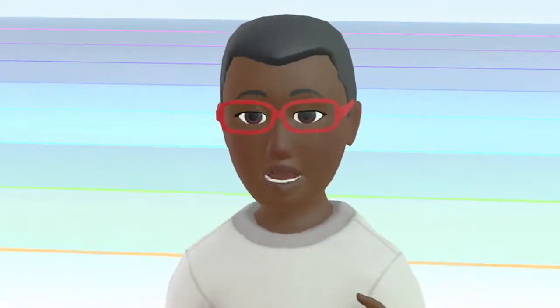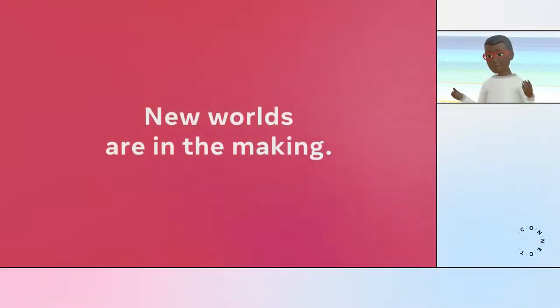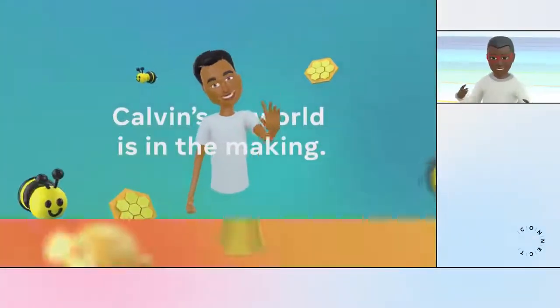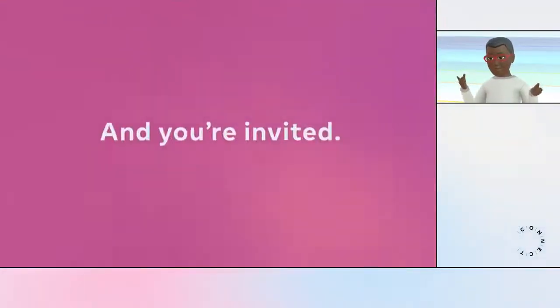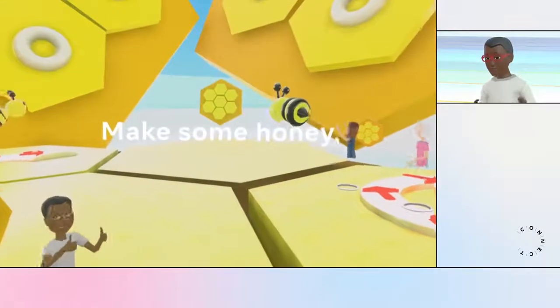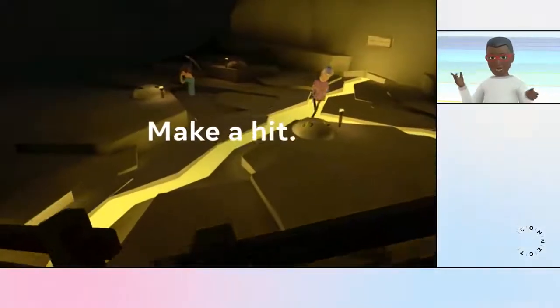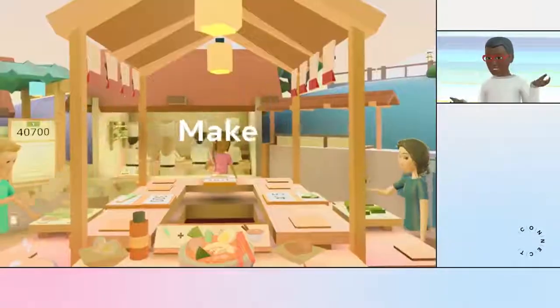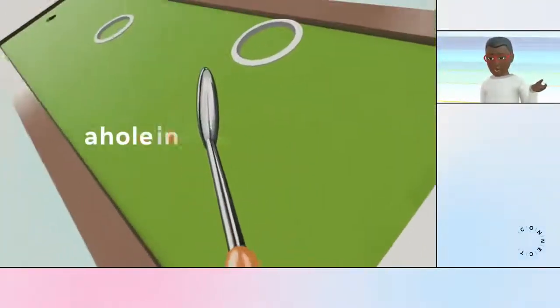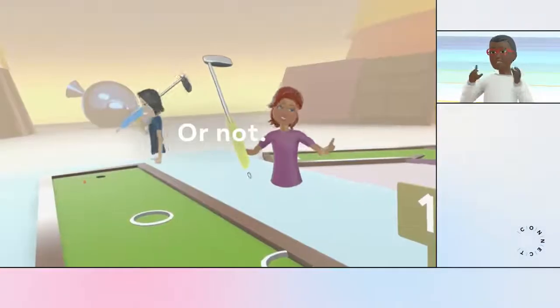And Horizon takes the idea of creating and experiencing to the next level. Horizon is an ever-expanding VR world to explore, play, and create. Some of my best experiences in VR have been creating in Horizon, whether it's building a game show experience and hosting it with friends weekly, inspecting how a friend made a hide-and-go-seek world, or zapping teammates in laser tag after a tutorial session. In Horizon, there's so much to do.